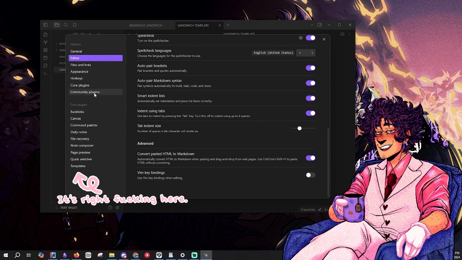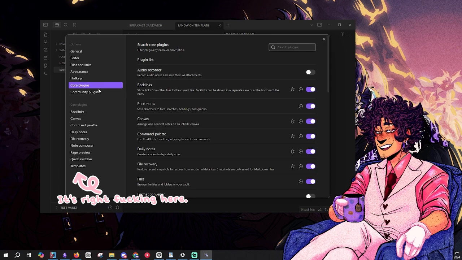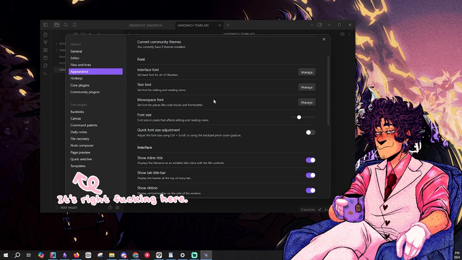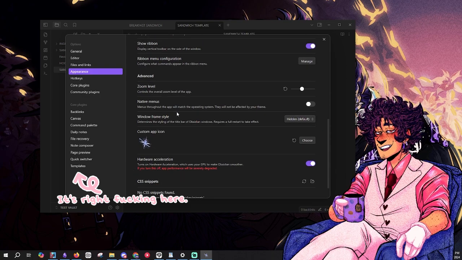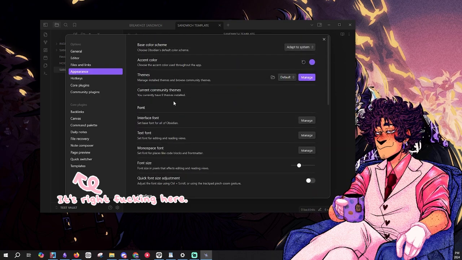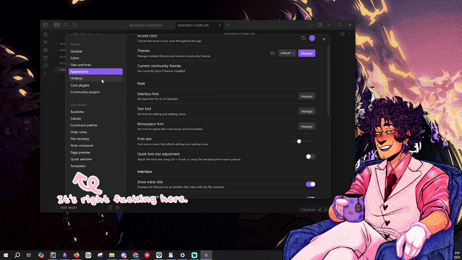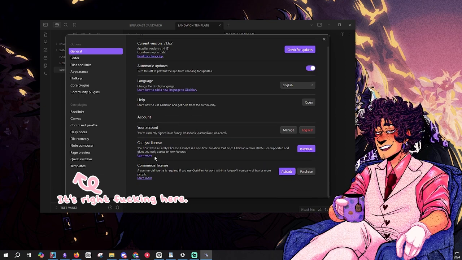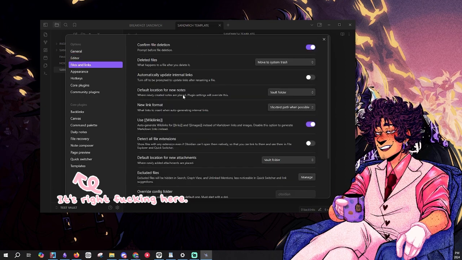Don't worry about plugins yet. That's a secret. Themes, interface, text, font size. There is a place where you can put literally, I think it's under files and links.